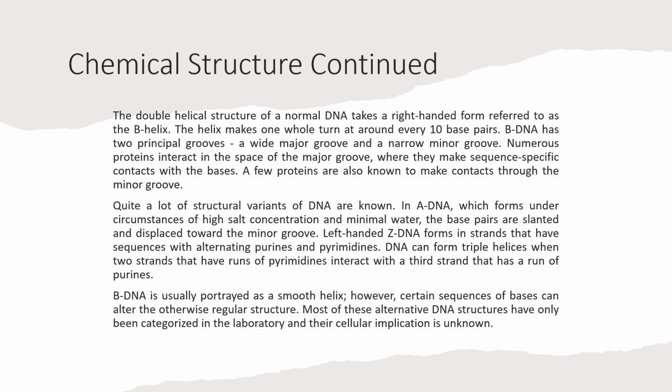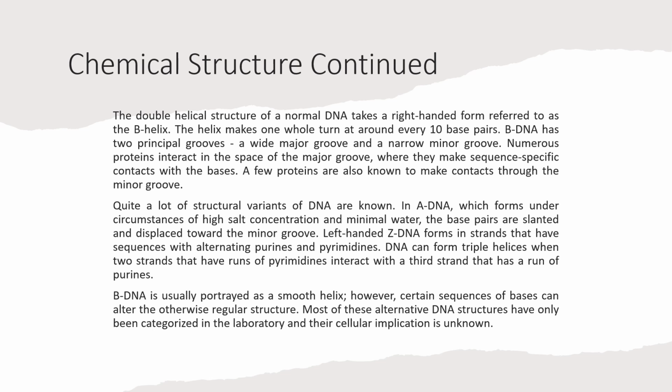Quite a lot of structural variants of DNA are known. In A DNA, which forms under circumstances of high salt concentration and minimal water, the base pairs are slanted and displaced toward the minor groove. Left-handed Z DNA forms in strands that have sequences with alternating purines and pyrimidines. DNA can form triple helices when two strands that have runs of pyrimidines interact with a third strand that has